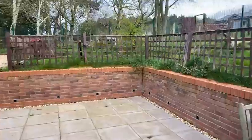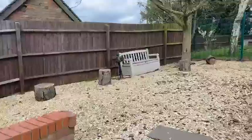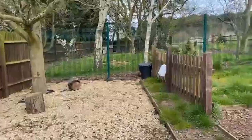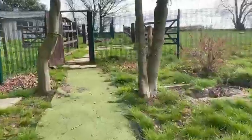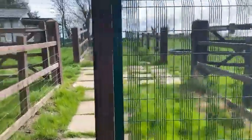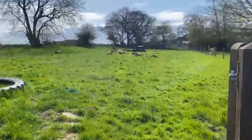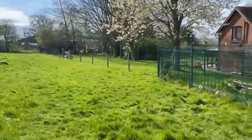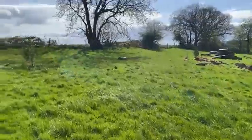We've got a further patio area here, and there's loads of space. It's really versatile. Take you through. So all this bit's fenced off separately. So we've got a nice run here, and you could easily just take that fence out and incorporate it back into the main garden. If we go to the top of the hill,